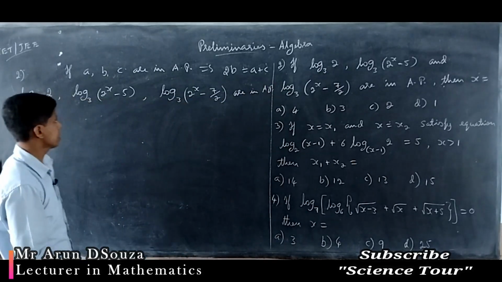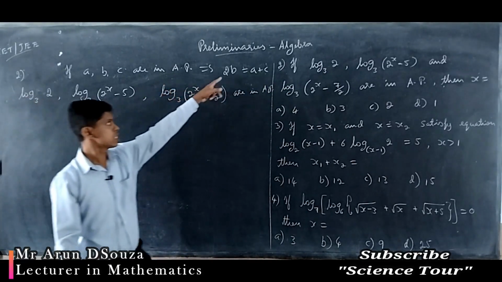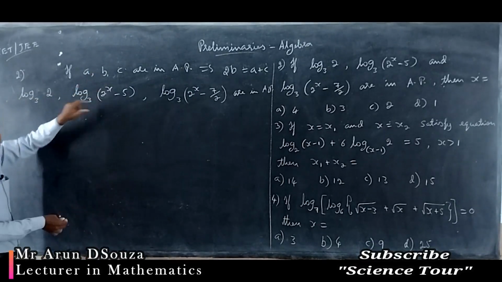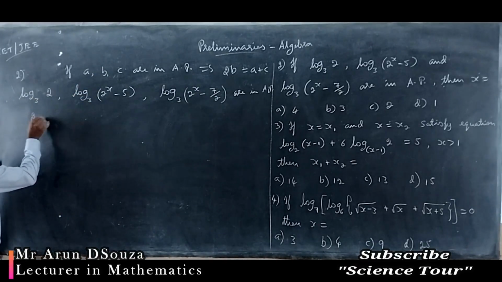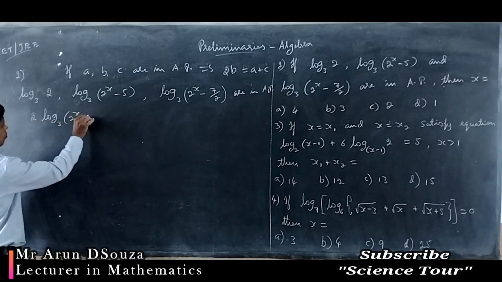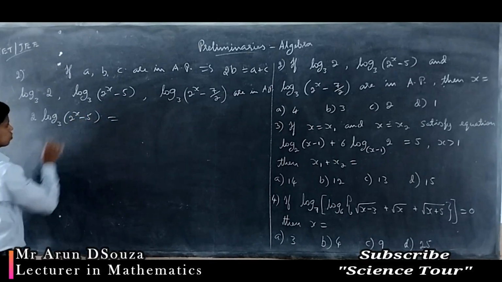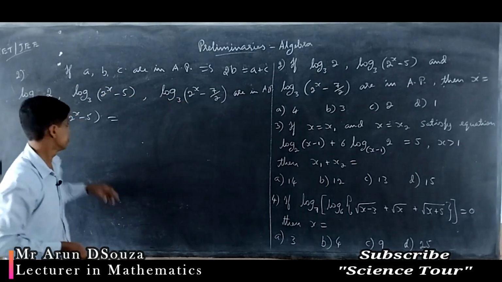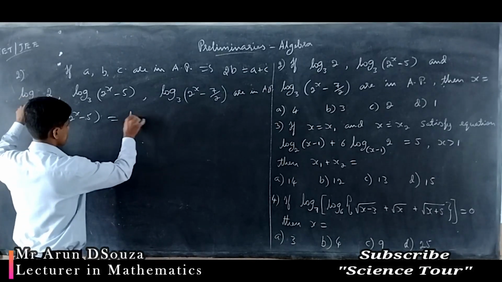So if these three are in AP, then look at this condition 2B. What is 2B? 2 times the second term. So 2 times log is equal to A plus C. This is A and this is C. Therefore A plus C would be